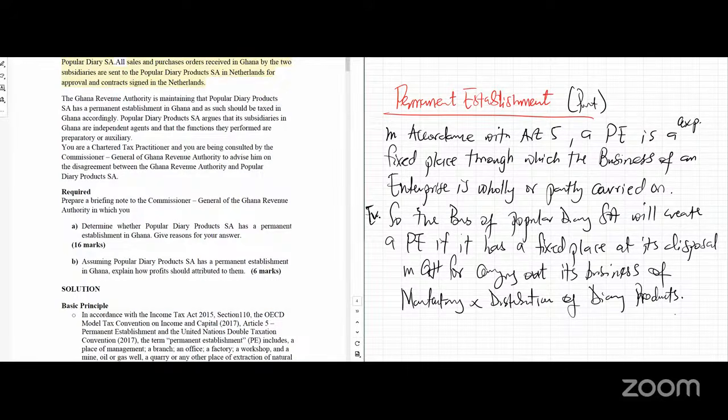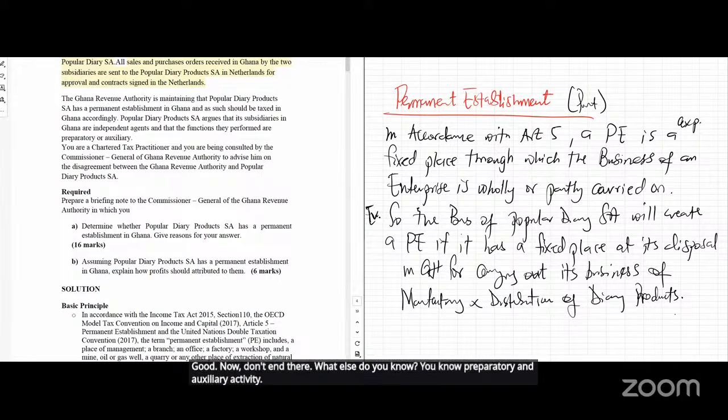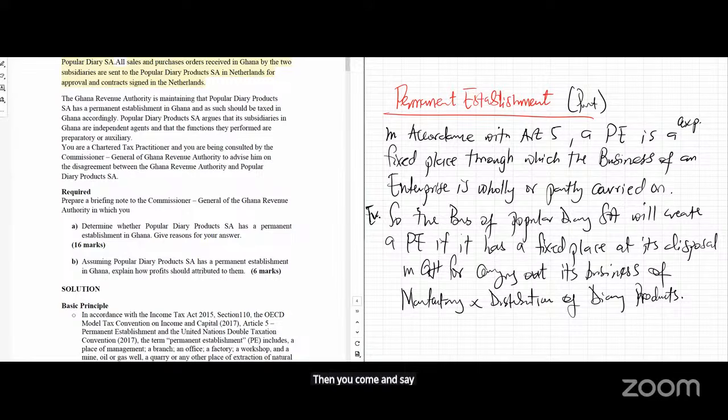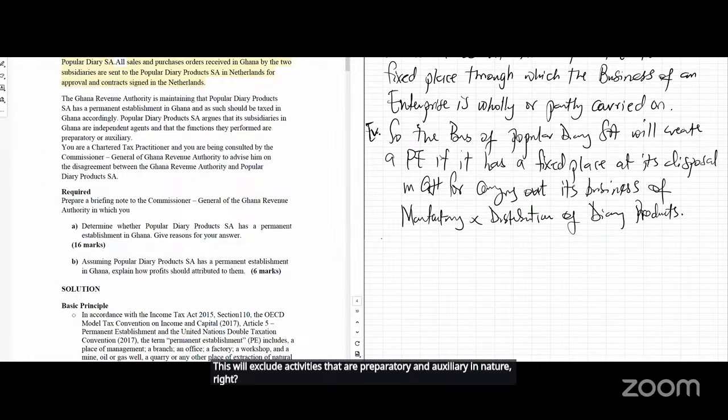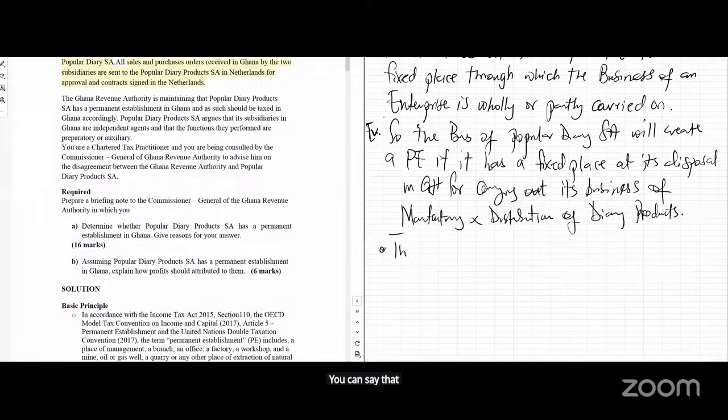Be honest. We shall. Good. Now, we don't end there. What else do you know? You know preparatory and auxiliary activity. That's something you also know. Then you come and say this will exclude activities that are preparatory and auxiliary in nature, right? You can say that this excludes activities, are you getting it? Which are what? Preparatory and auxiliary